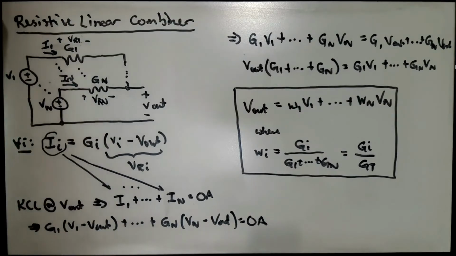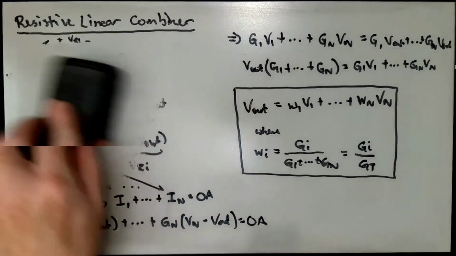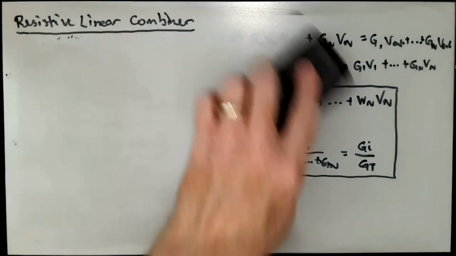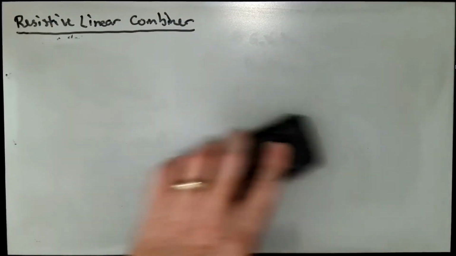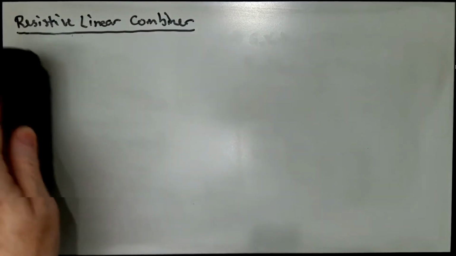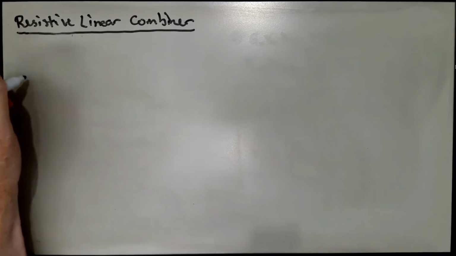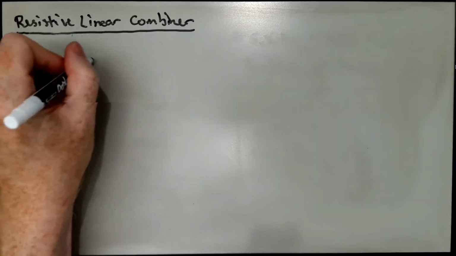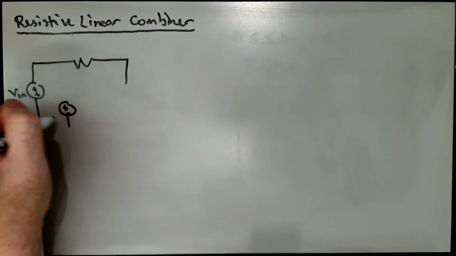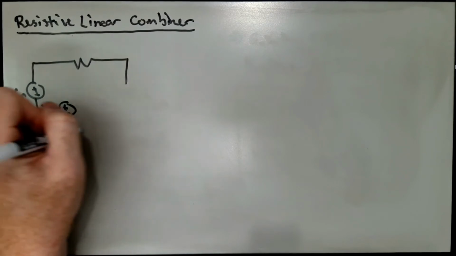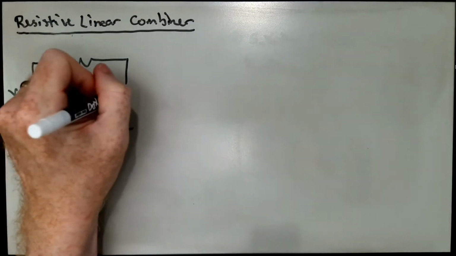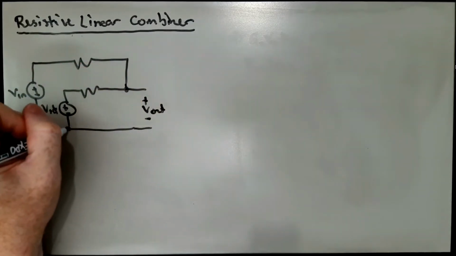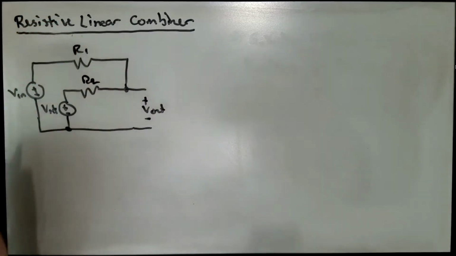An important special case would be the case of two inputs. So we have a two-way, this would be an n-way linear combiner. We have a two-way linear combiner. So for a two-way case, we'd have just V1, let's say it's V in, and some reference voltage, maybe. So we've got an R1 and an R2, and we just have V out